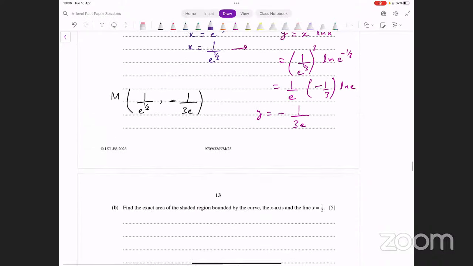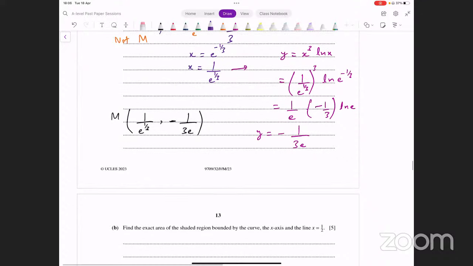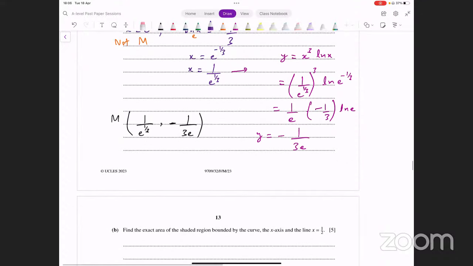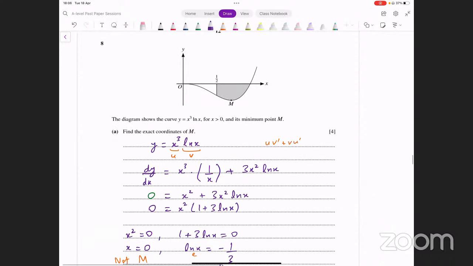Now we need to find this exact area for the shaded region bounded by the curve, the x-axis and the line x equals 1 over 2। आपको डायग्राम पे नजर आ रहा है shaded region कैसे फिगर आउट करेंगे। This is area between the graph and the x-axis, right? अब लिमिट्स क्या लेंगे, एक लिमिट तो उसने बता दी, दूसरी लिमिट आपको फाइंड करनी पड़ेगी। ये लिमिट हम कैसे फाइंड करेंगे, x इंटरसेप्ट है, x इंटरसेप्ट फाइंड करने के लिए y की वैल्यू 0 इनपुट करनी पड़ती है।